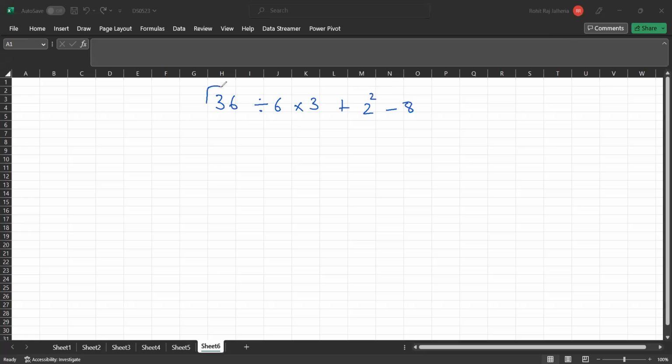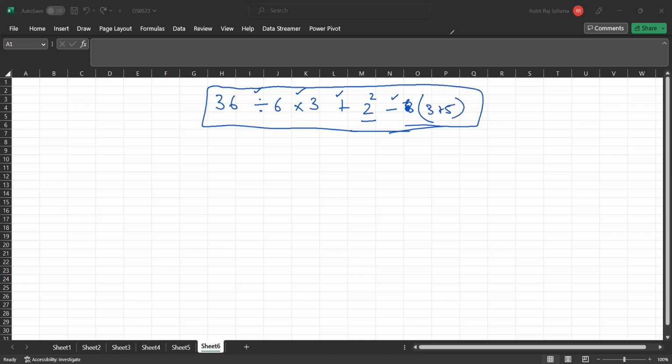Right. So in this equation, we have division, multiplication, addition, subtraction, and the power function as well. So what are you going to calculate first and what later? Okay, so let's write this 8 as 3 plus 5 inside the bracket. So this will cover all the types of